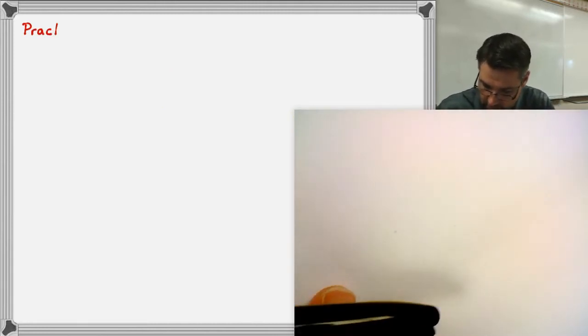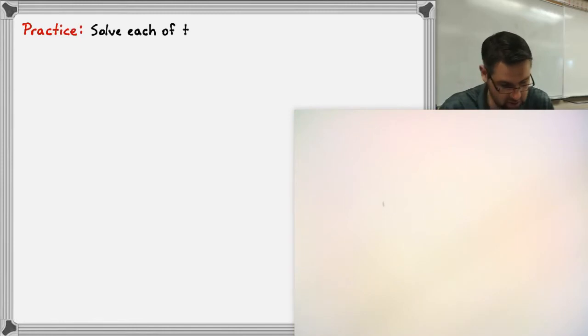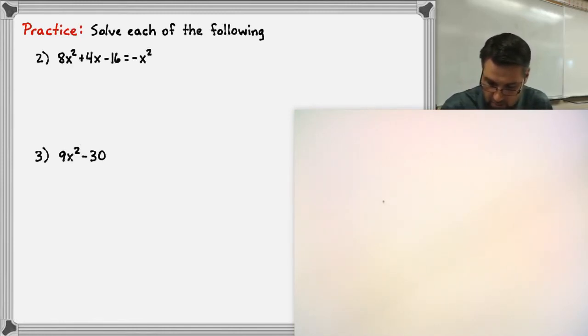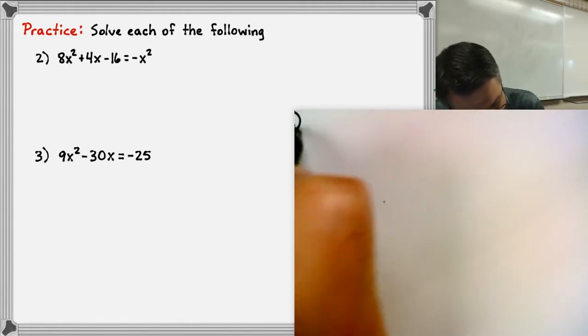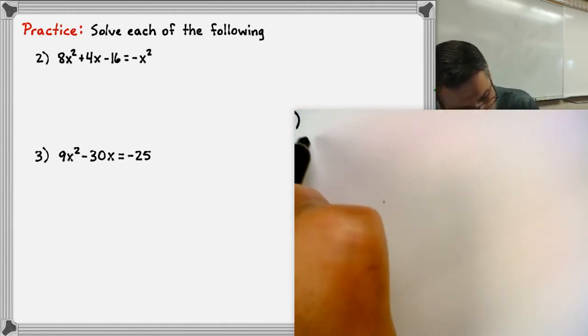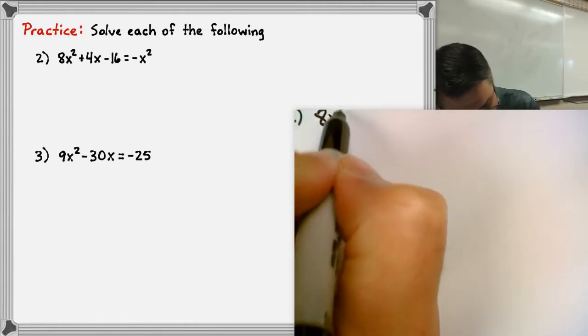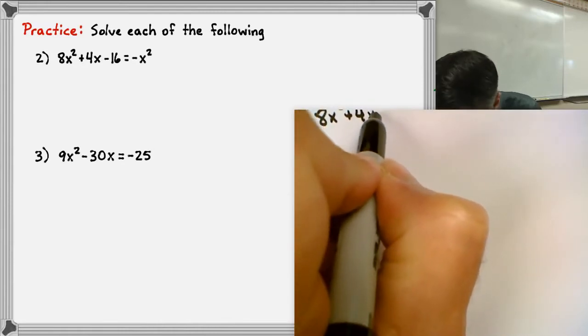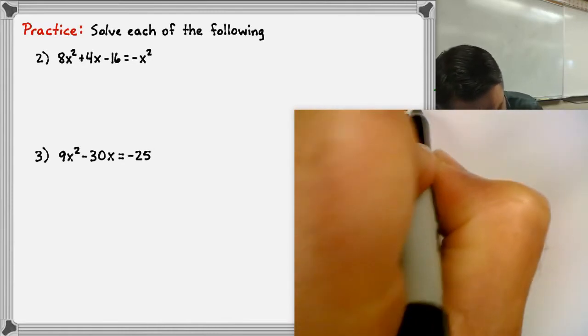Let's go ahead and take a look at a couple more practice problems. I want you guys to do these on your own. And then when you get stuck, come back and push play and compare how you did here, okay? Use the quadratic formula. All right, for number 2, we've got 8x squared plus 4x minus 16 equals negative x